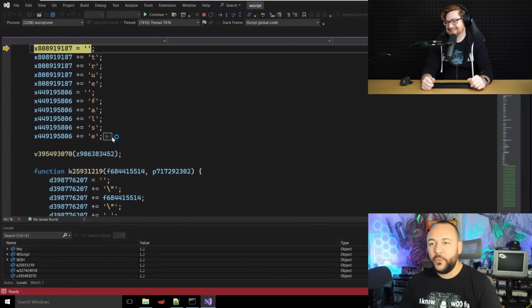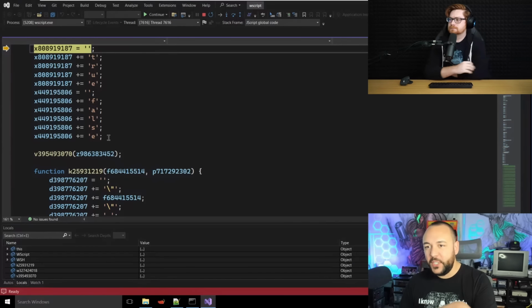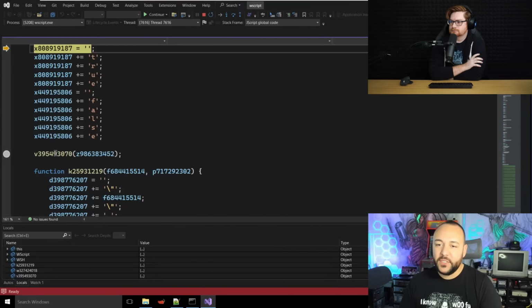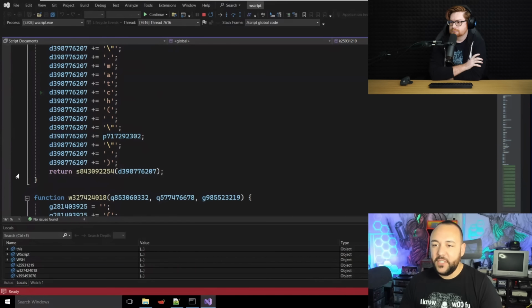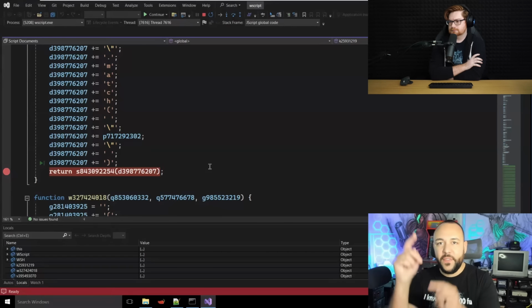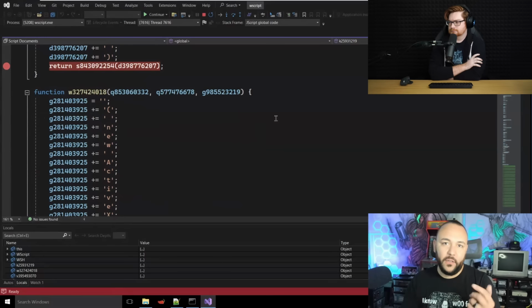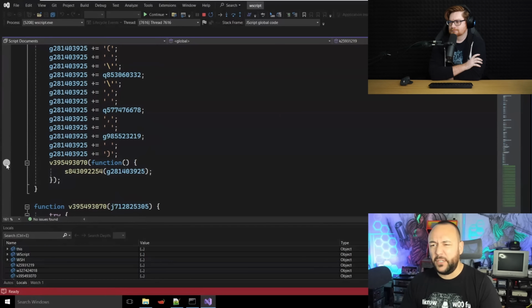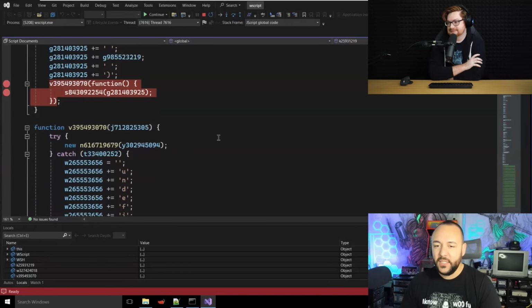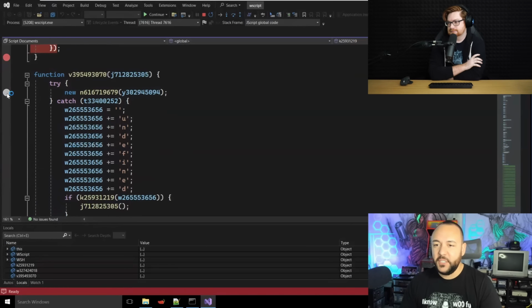So the way I like to debug these, especially ones where I see it's just creating strings, is I set breakpoints on any function invocations. And if I see that it's just building more strings, then I set them on the returns or right above the returns. So I can just hit continue and step through how the functions are being called. I know some folks are wondering if I'm going to step through a debugger for 20 minutes right now. No, we're going to make this a lot simpler. So I'm just going to set these breakpoints.